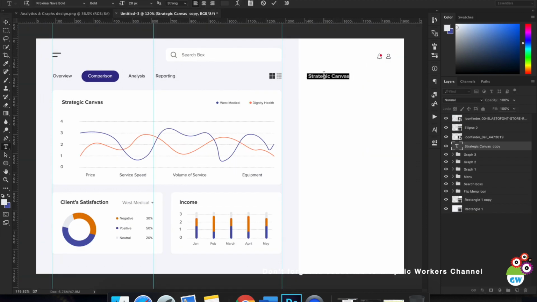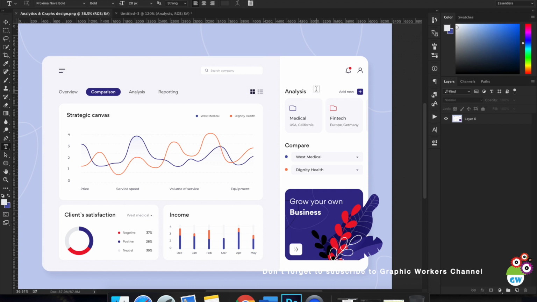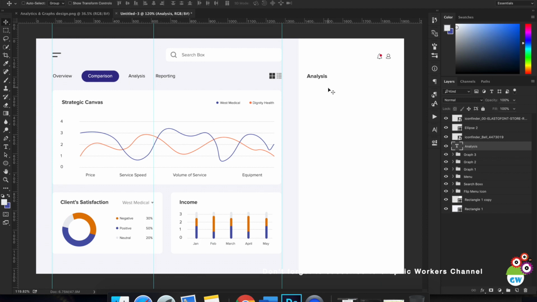And alignments are a very important part of all the design elements. So as you can see, this analysis tab starts just where this tab was there in the left section. So we have used this analysis text, and we have created it aligned with this menu over here. Okay,